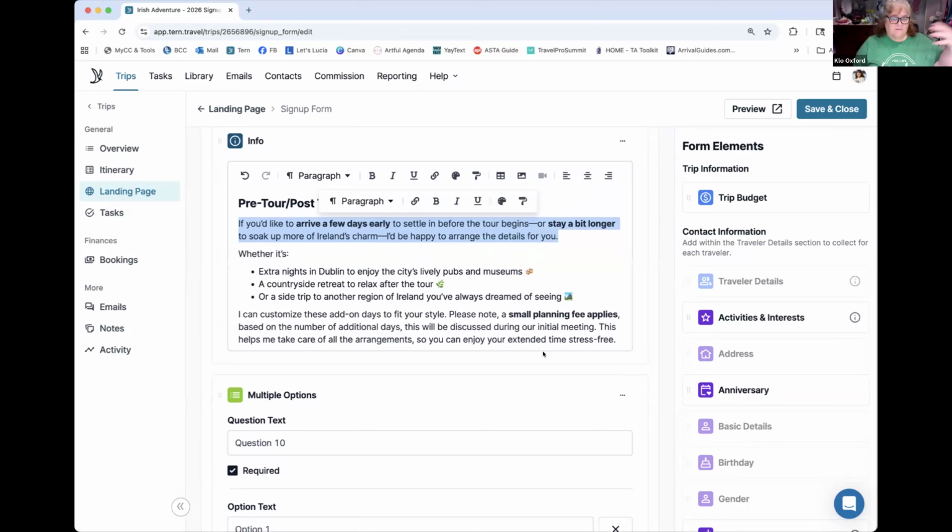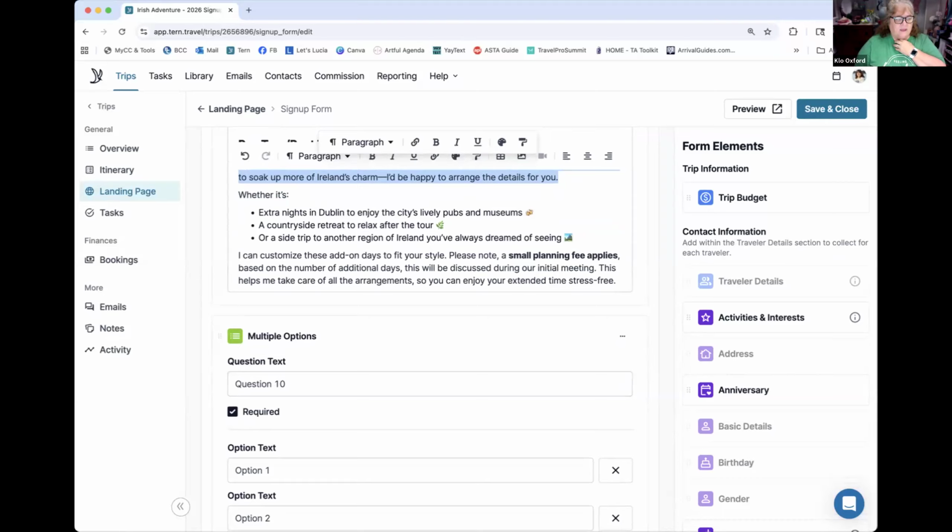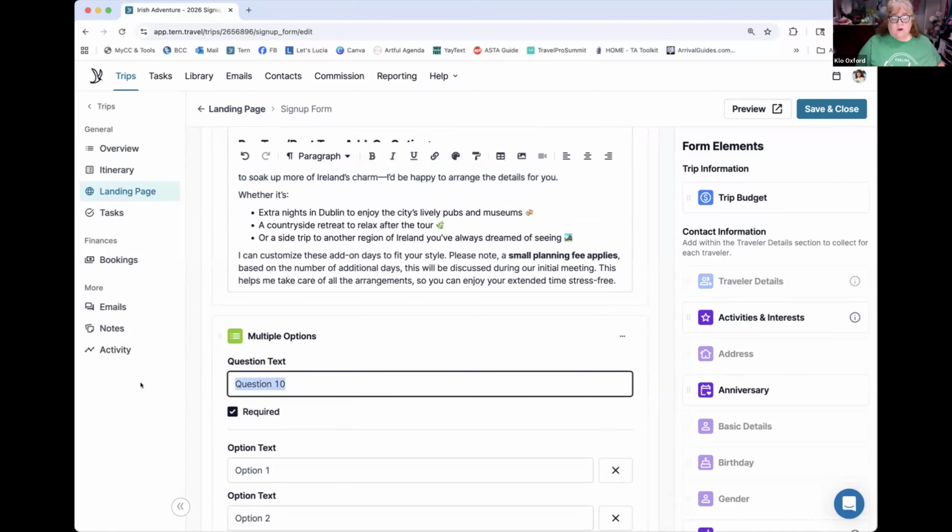Because if I'm doing pre and post, that's a little bit different, it's more work, you know, that type of thing. So that's something I personally do. You do not have to do it, but that is something that you can let them know ahead of time so that they're aware of it. Okay, and then the question is, what you want to ask them is yes, or do you want